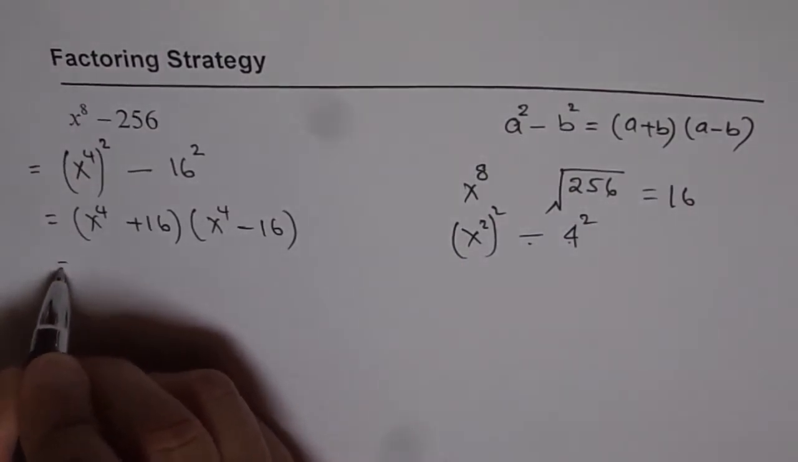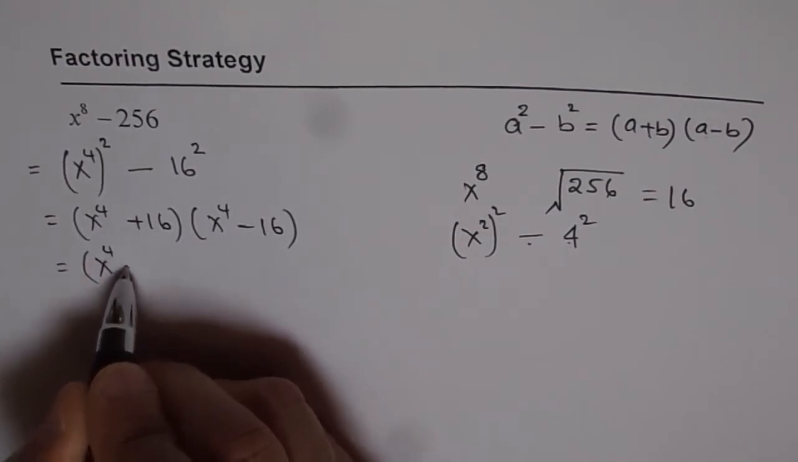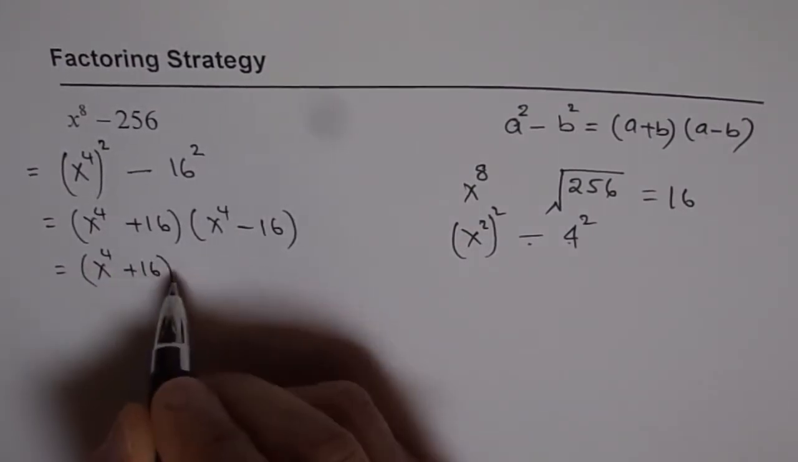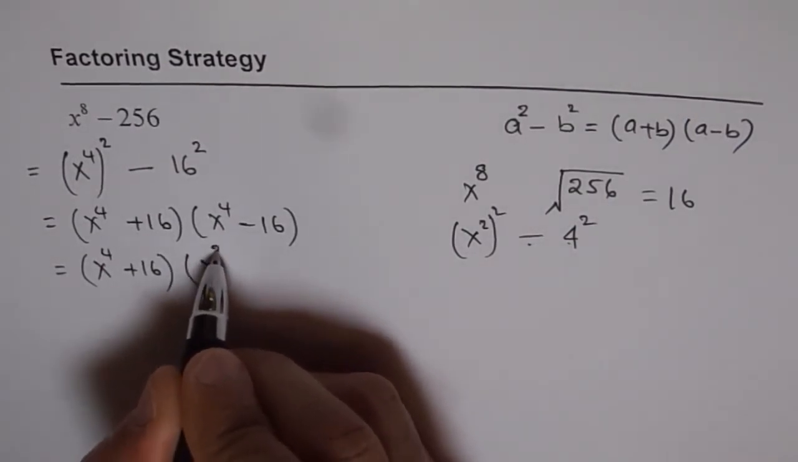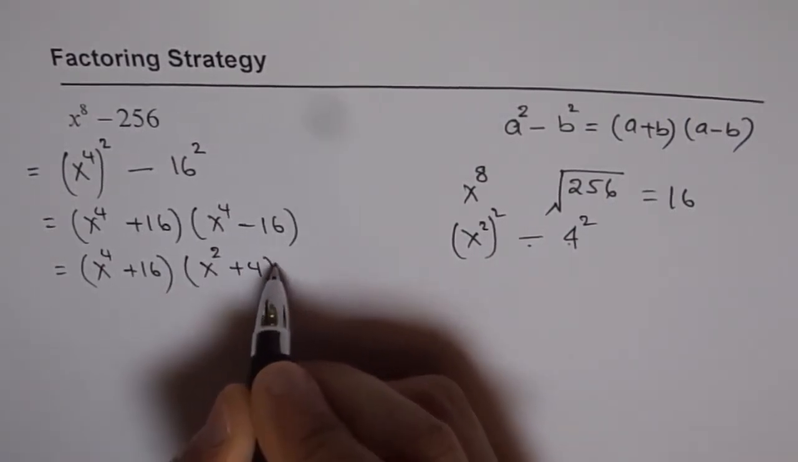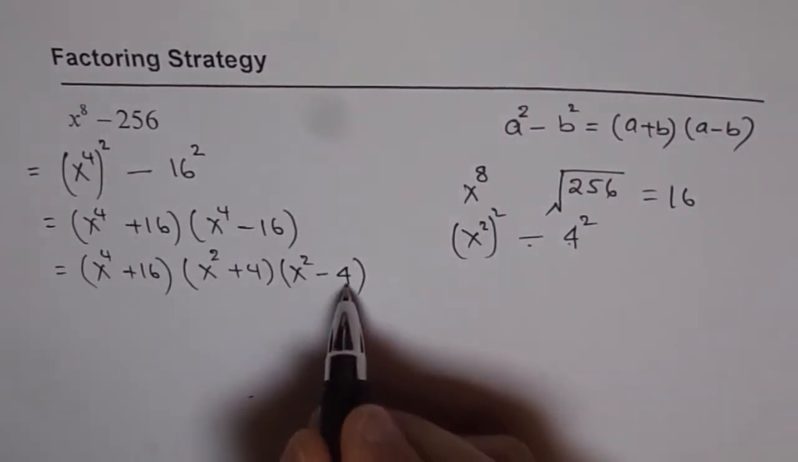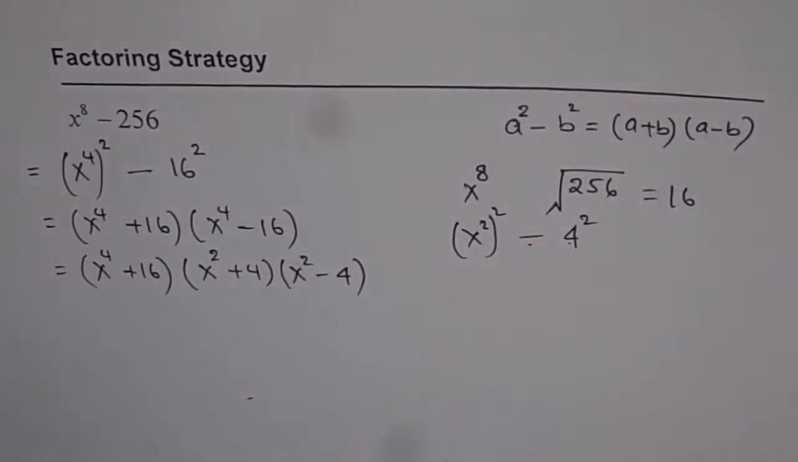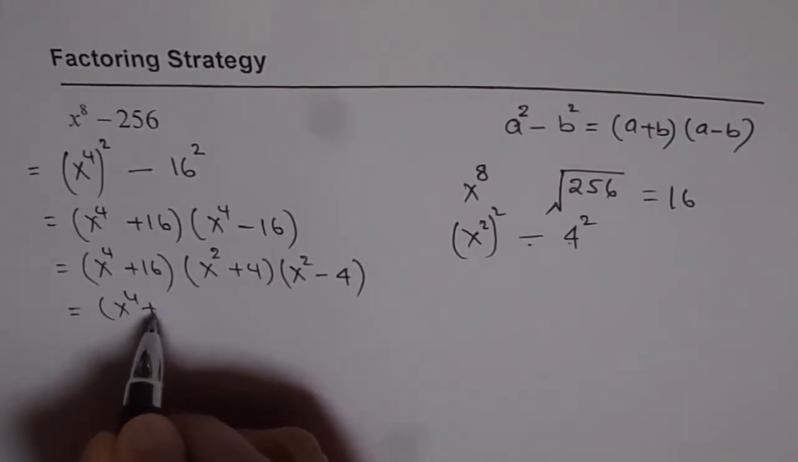So let's continue with our factoring. And remember, when it is plus here, we cannot factor anymore. So that remains. But we can factor this one. So this could be written as x square plus 4 times x square minus 4. But 4 is also a square of 2. So we can still go on with our factoring. So we get